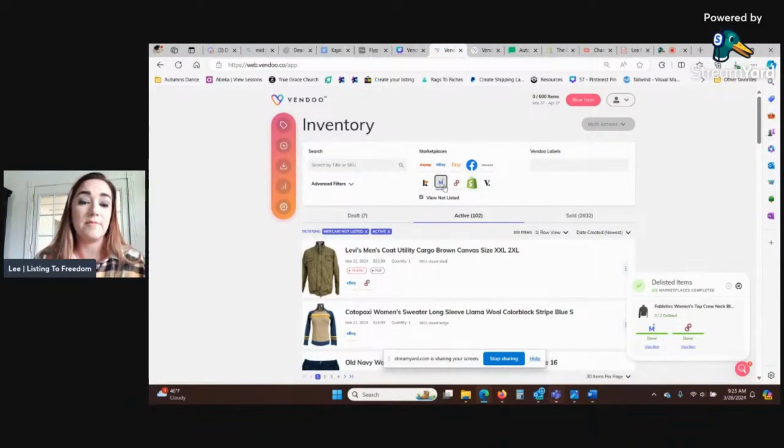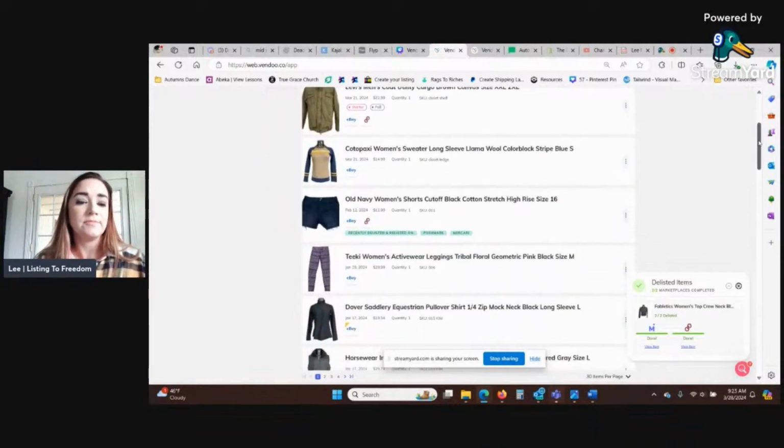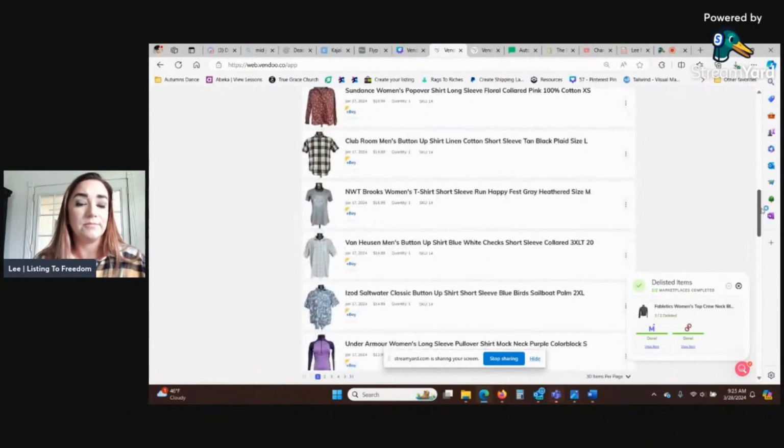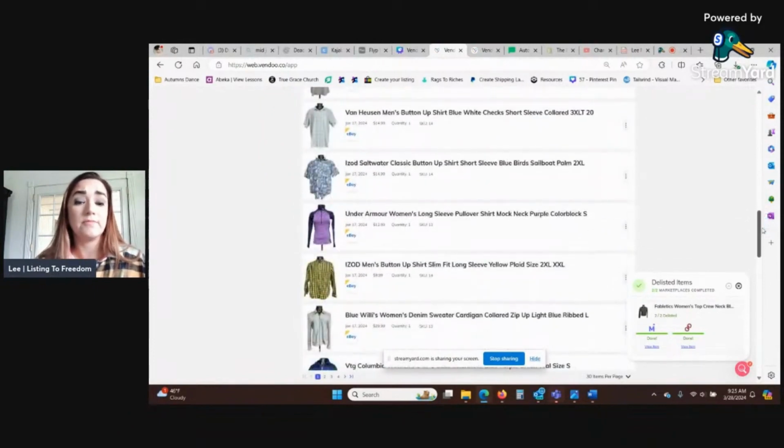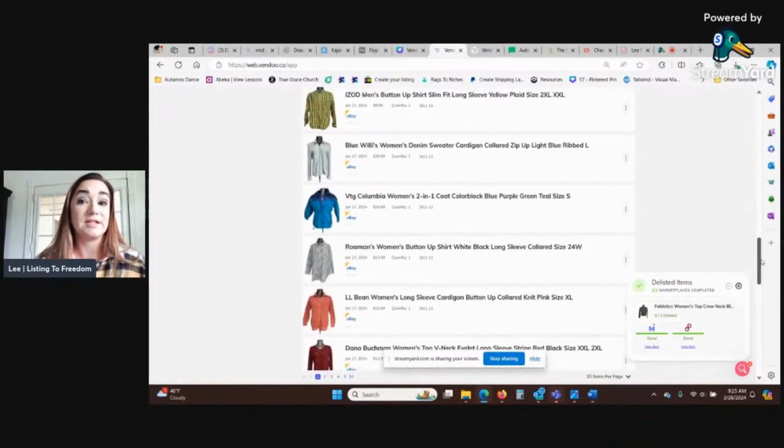And so I can see how many. I just flipped over, instead of eBay, into Mercari and then not listed. These are some of the items that haven't yet been cross-posted. I imported them a while ago, at the beginning of the year before I started cross-listing inside of Vendoo. So these are all the items that I still need to sit down and actually get cross-posted,